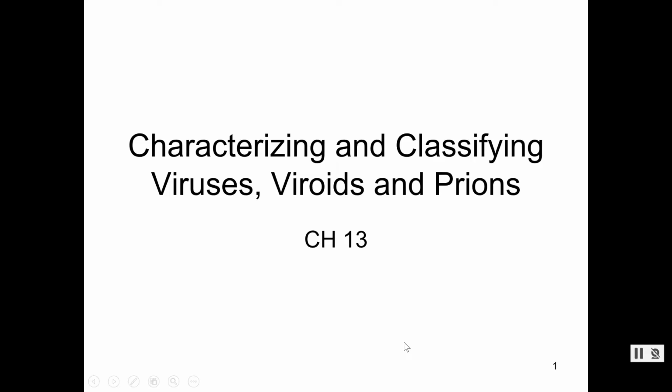Cytomegaloviruses, that's another one. So anyway, there's a lot of viruses out there that cause disease, a lot of your case studies caused by viruses. So again, the more we know about them, the better we can do. So let's talk about what a virus is. Okay, before we do that, how do we know viruses exist?